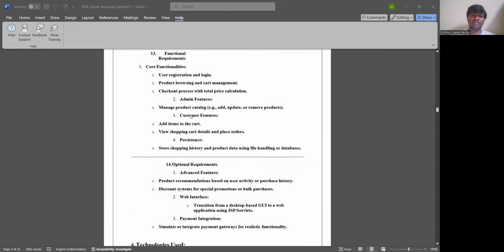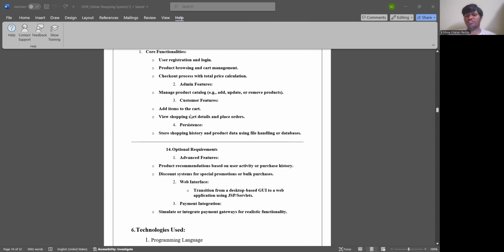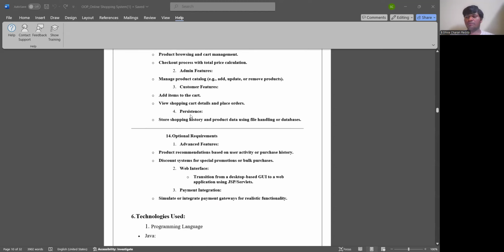Coming to the functional requirements, core functionalities like user registration and login, product browsing and cart management, checkout process with total price calculation. Yeah, we have done it in the program. And yeah, admin features like managing the product catalog, which can be done. Can add new products, update products, or change the prices in the program. And yeah, customer features are adding items to the cart, viewing shopping cart details, and placing orders. And the persistence, store shopping history and product data using file I/O operations, file handling, and databases